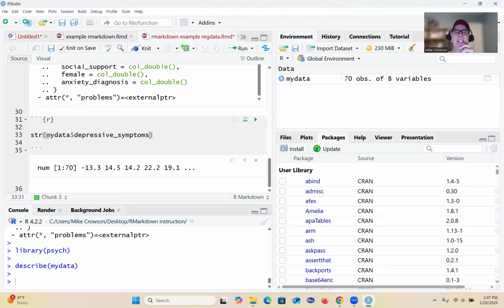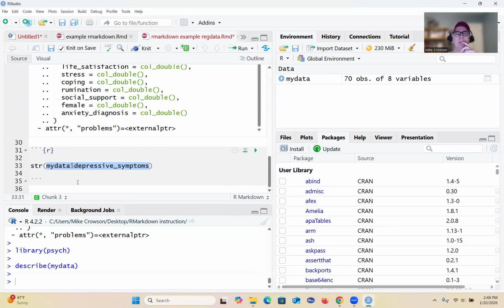So think about this: the dollar sign is essentially allowing you to subset out certain information. In this case, we're subsetting out a variable, and then we are applying the str function to that subsetted variable instead of the entire data frame with all of the variables included. So that's an important thing to keep in mind. It comes in handy a lot, and so that's something to definitely keep in mind. Now, let's say,